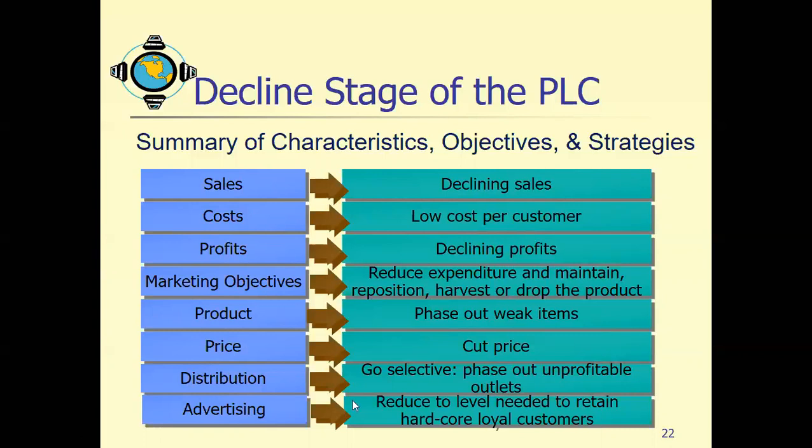এরপর ডিস্ট্রিবিউশন কেমন হবে? গো সিলেক্টিভ। Distribution is go selective. Advertising reduced to level needed to retain hardcore loyal customers. যারা একেবারে হার্ডকোর লয়াল কাস্টমার তাদেরকে তাদের রিটেনশনের জন্য একটা অ্যাডভার্টাইজিং রেখে দেওয়া হয়, যাতে হার্ডকোর লয়াল কাস্টমাররা মনে না করে যে আমাদেরকে ইগনোর করা হচ্ছে।